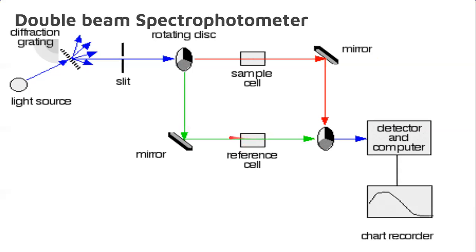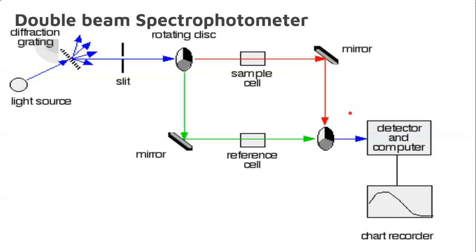All the intensity of the incident light, before entering the reference cell and after the reference cell, will remain the same, and this light will be allowed to fall upon the transparent side of the second rotating disc. Okay, this way. And then this light will be sent into the next part, that is the photometer.